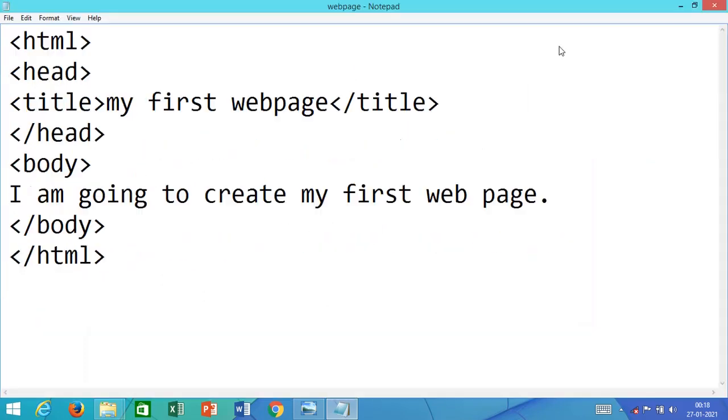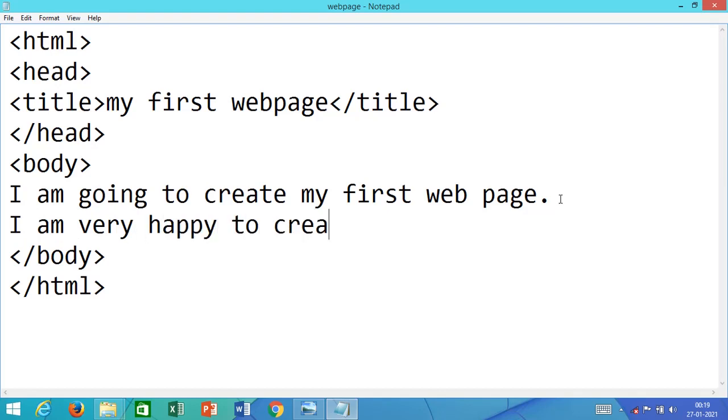Now here comes my program which I had written. Now I want to add one more line. I am very happy to create my first web page.